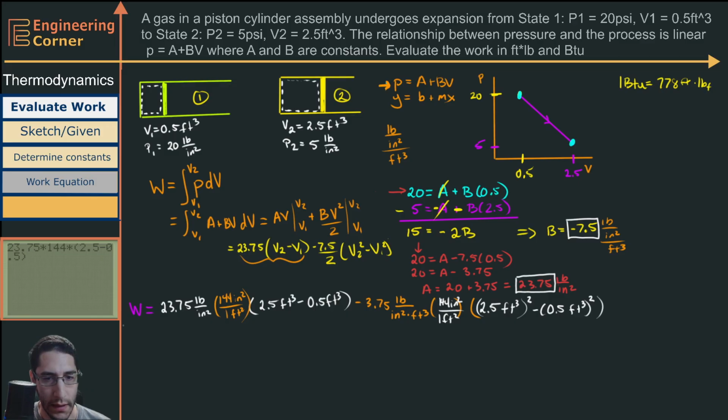Then we subtract 3.75 times 144. Let's put this in a parenthesis. And then this is multiplied by 2.5 squared minus 0.5 squared. And this is equal to 3,600